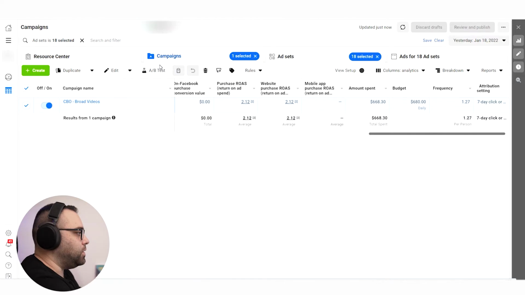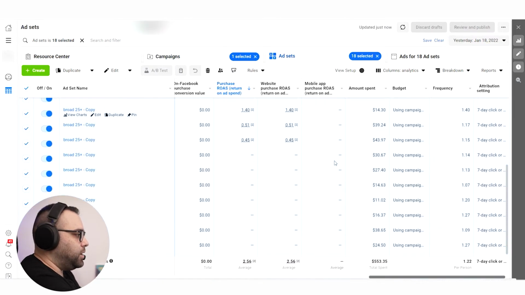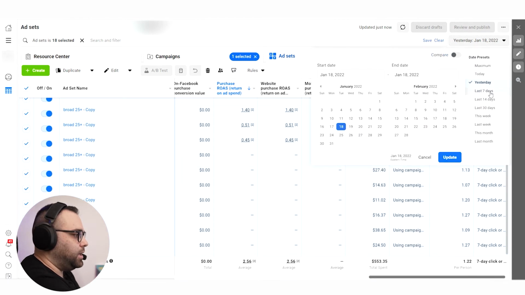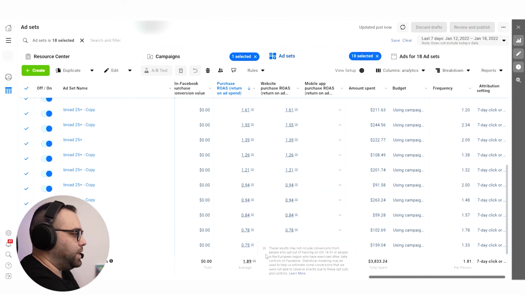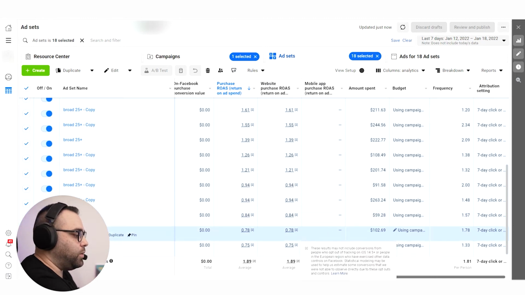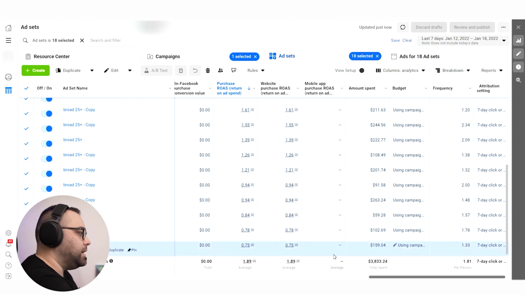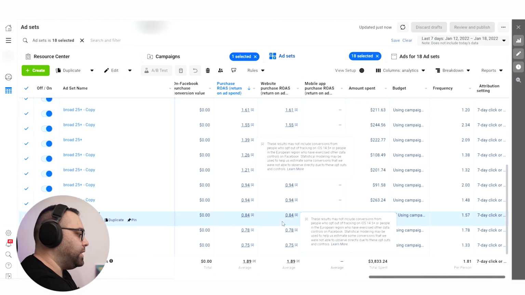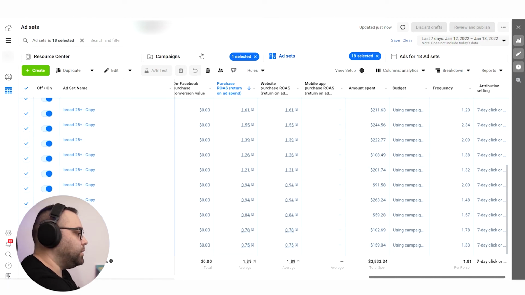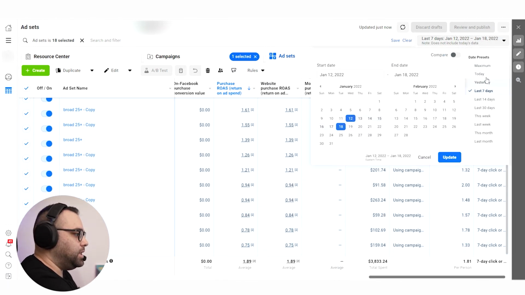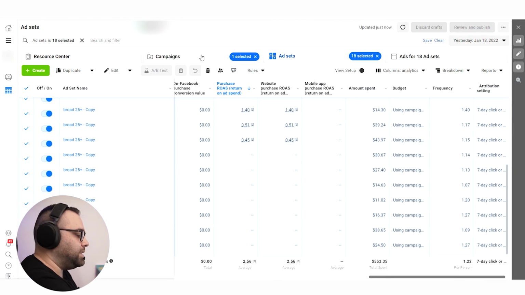And this might cause our ad sets to start spending more when they don't want to, because they cannot find more people, disturbing the balance of the campaign. So what we're doing here is that we say, okay, I'm happy actually with 1.89. It's 190 ROAS. I want to keep some volume on my ads. So in that specific case, if we want to keep it on that level, we are going to come here. We're going to see the results yesterday in order to keep our balance and not disturb it.